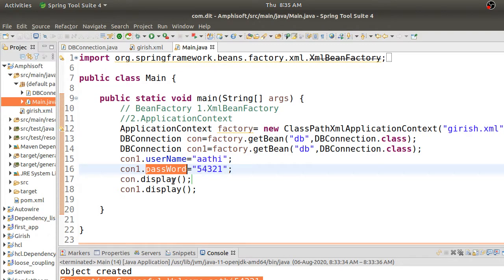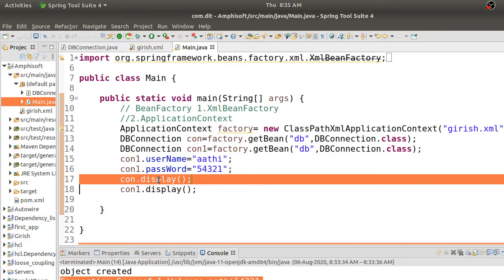One doubt: if we give singleton, it is more or less equal to static class variables, so it belongs to the class rather than to each object. Not exactly static.